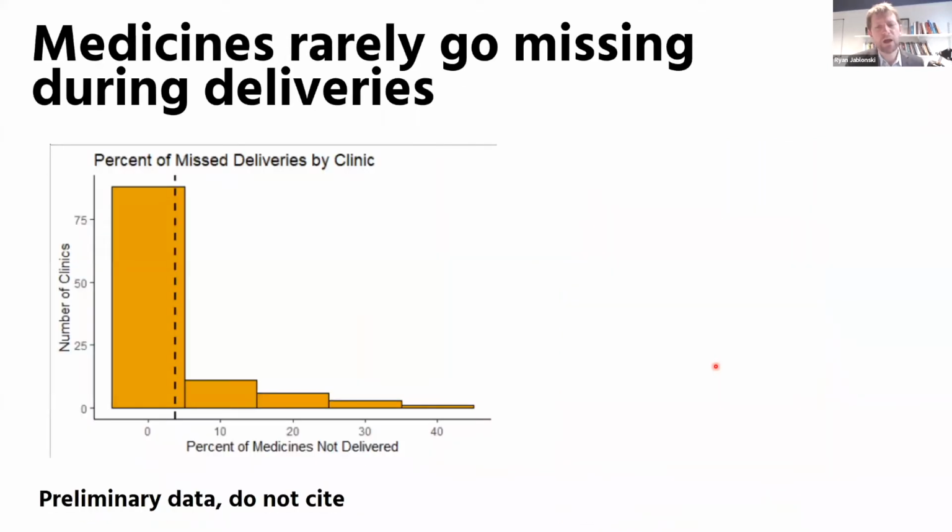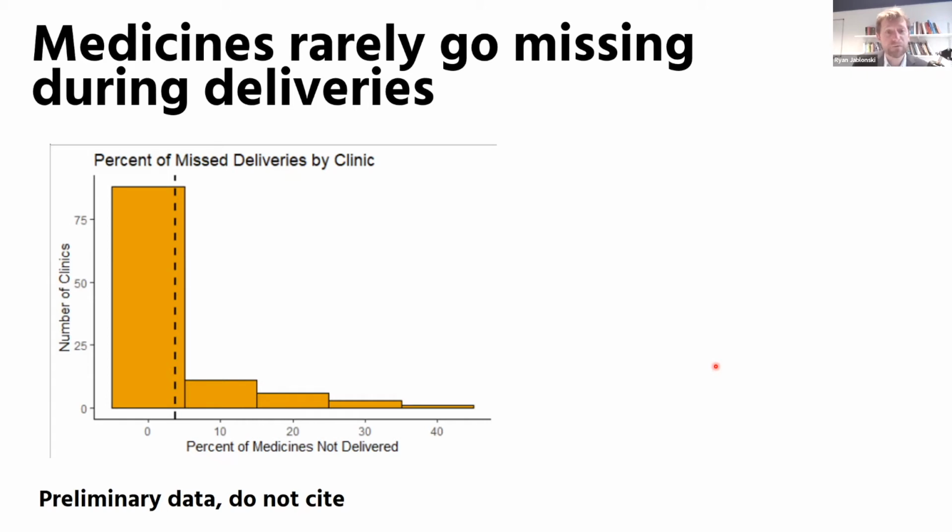All right, so let me talk a little bit about what we're finding so far. This is a big data collection effort. We have over 10 gigabytes of data that's come from all of these different audits and tracking activities, so there's a lot of analysis going on. I'm just going to mention briefly a few things we're finding in the data so far that I think are quite interesting, and suggest that this is potentially a very valuable way to go about understanding medicine